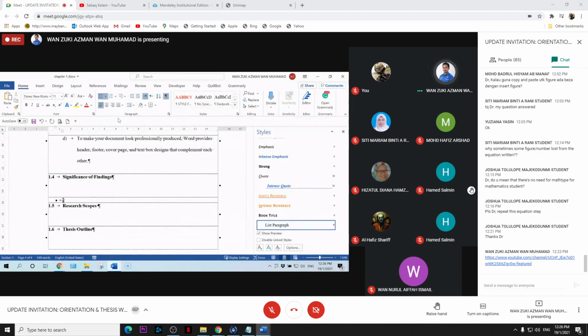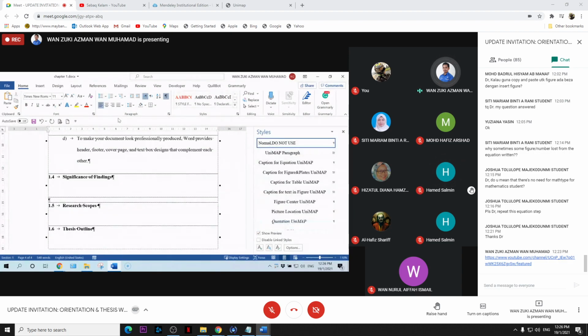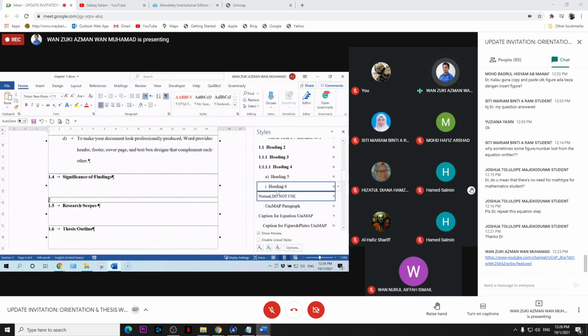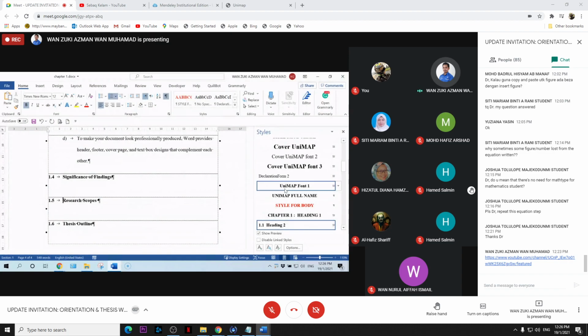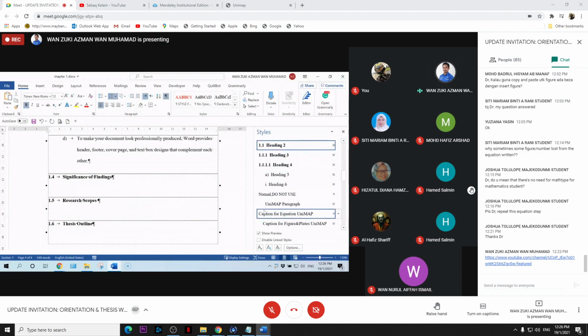My advice is, since we have the ABC and 1, 2, 3 styles, it is better to use those, but not compulsory. If you still insist on using the bullet dot, you still can, as long as you follow the spacing format required by UniMAP.